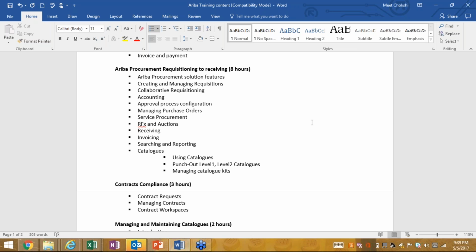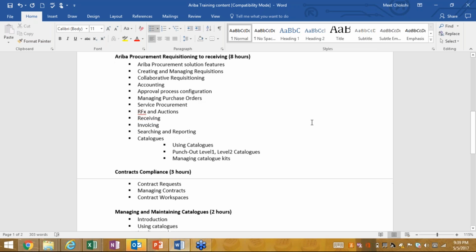There is a PO, but the PO gets automatically created when you approve the requisition. You cannot create a PO in Ariba, so it's always from requisition. We have approvals of requisitions, goods receipt, and we can do invoicing and integrate back to SAP invoicing.